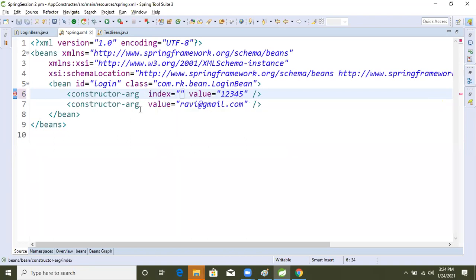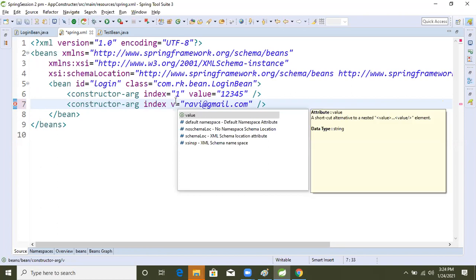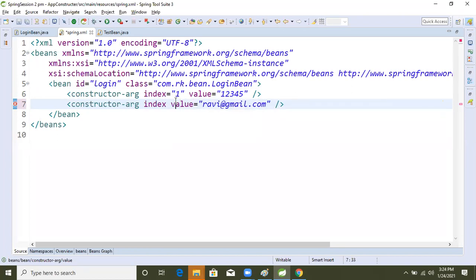For the first, give index zero, meaning the zero index number.